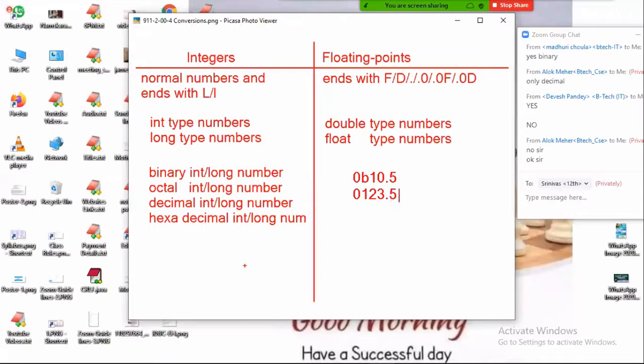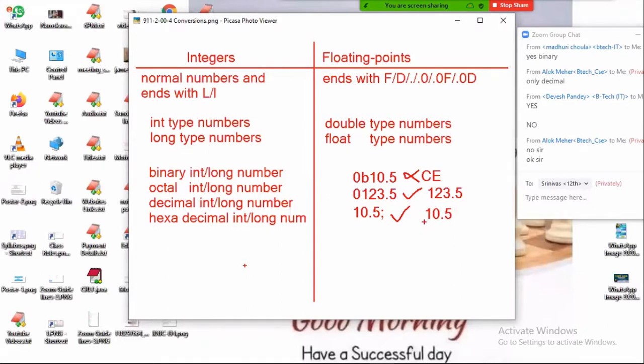Can I write 0123.5? Yes. Click on raise button. If I write 0123.5, no problem. It is allowed, but the value will be 123.5. The first zero is ignored. Very, very critical point. Very, very important point. If you write 0123.5, it is not an octal floating point number, but there is no compile time error. We'll get 123.5. Remember it. If you write directly 10.5, is there any compile time error? No compile time error. Output will be 10.5 only.